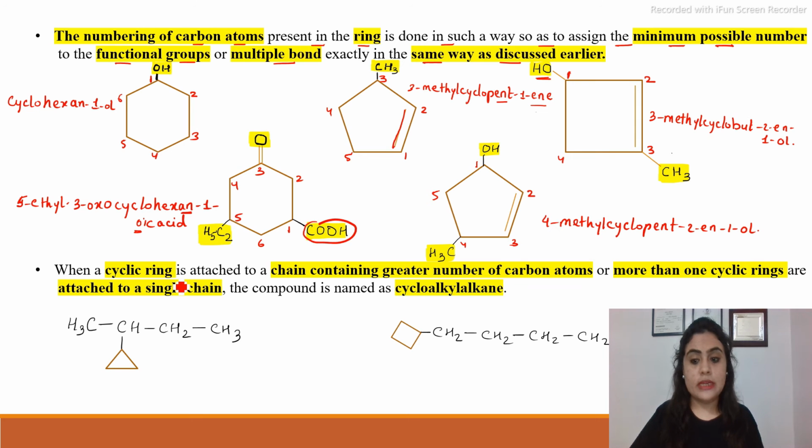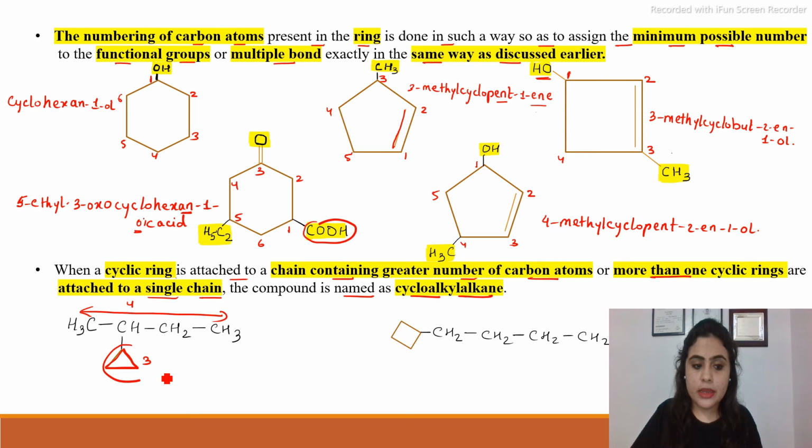Next rule, when a cyclic ring is attached to a chain containing a greater number of carbon atoms, or when more than one cyclic ring is attached to one single chain, the compound is named as an alkane. If the number of carbon atoms in the cyclopropyl is 3 and in the straight chain the number of carbon atoms is 4, this will become a substituent